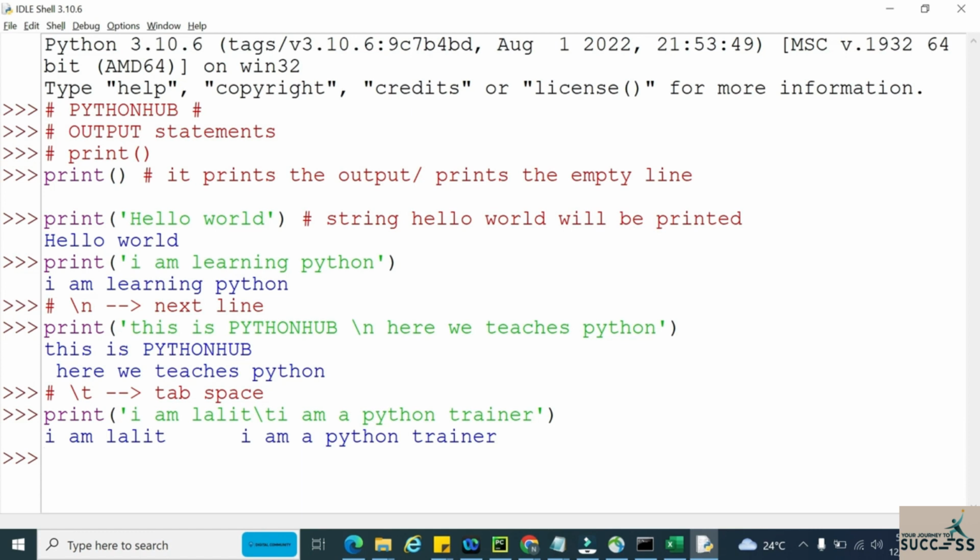See, in between this Lalit and I'm a Python trainer, we have this backslash t. That means a tab amount of space will be there in between these two strings. I hope all of you understand both backslash n and backslash t. Now the next thing we are discussing is